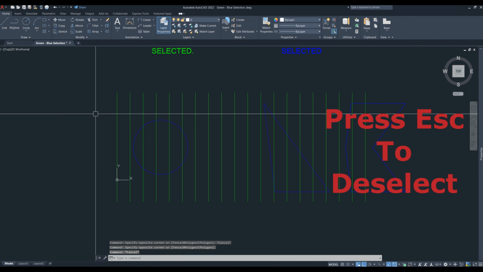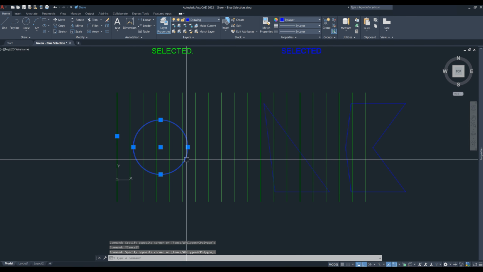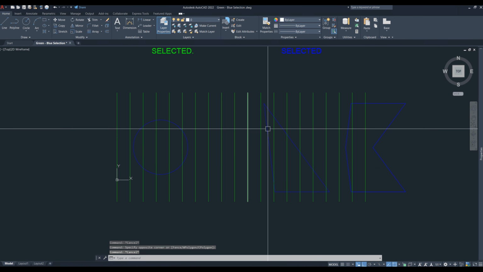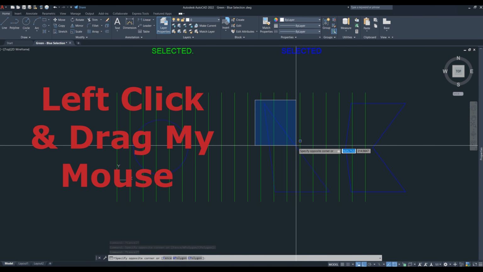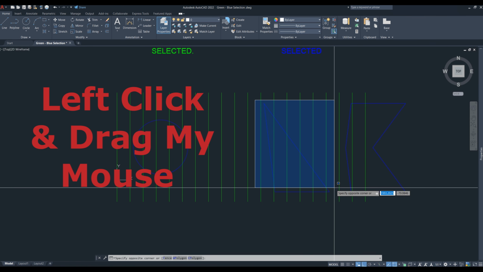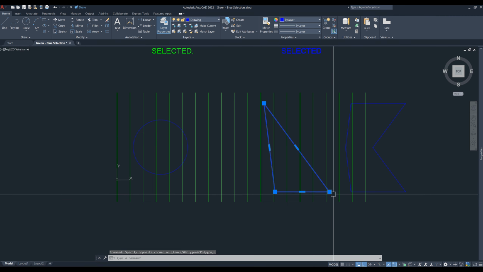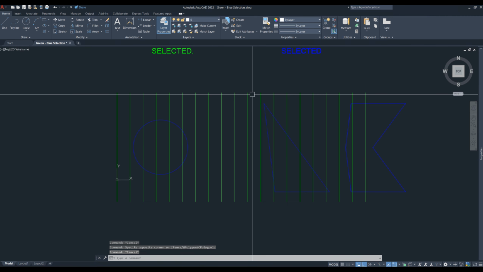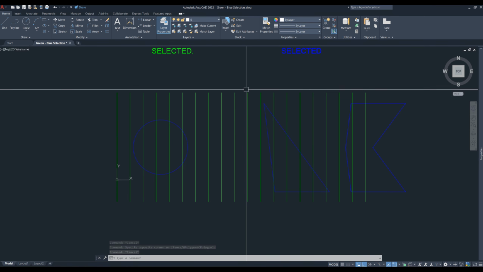this. So I'm going to do this again. It's now selected this object, my blue circle. So I can do the same here for my triangle also. If I was to click and then drag my mouse towards my right, you can see it's now selected my triangle here also. So let's say I was to select these two objects here at the end, and I didn't